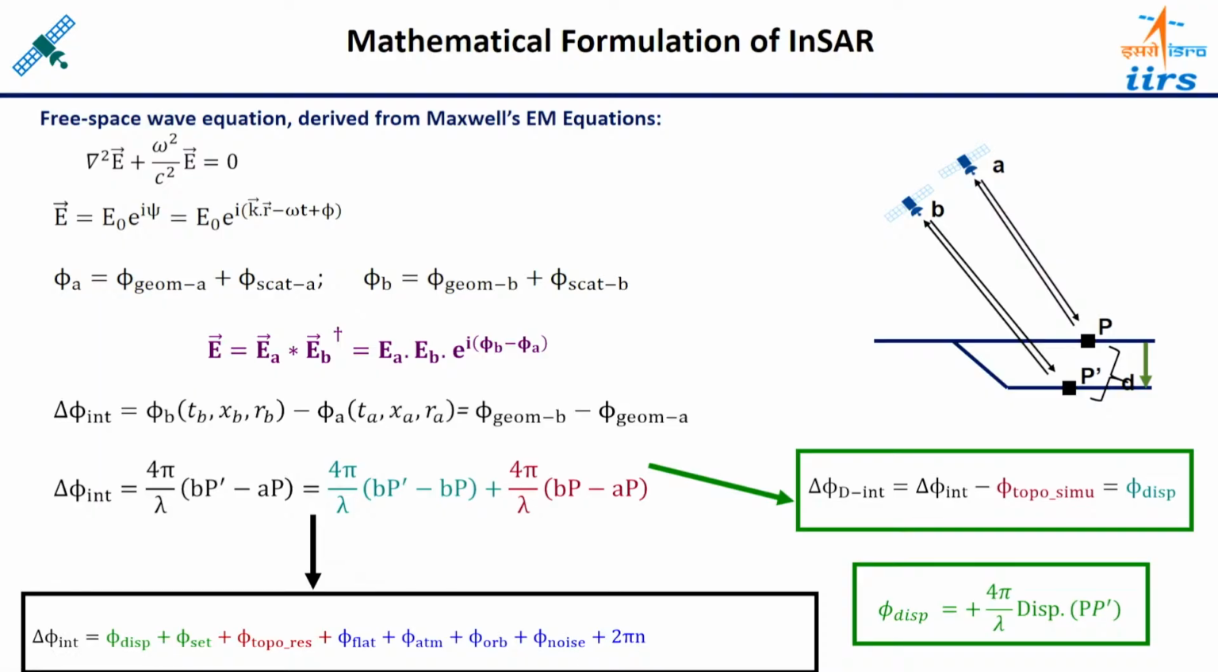So now from this equation you can understand that the interferometric phase, meaning the phase difference of two signals, is affected by the displacement phase. Displacement phase means the motion of the targets on the surface. If motion is happening, the difference of two signals will be increased or decreased. So the interferometric phase will be affected by the motion of the targets, plus SET, solid earth